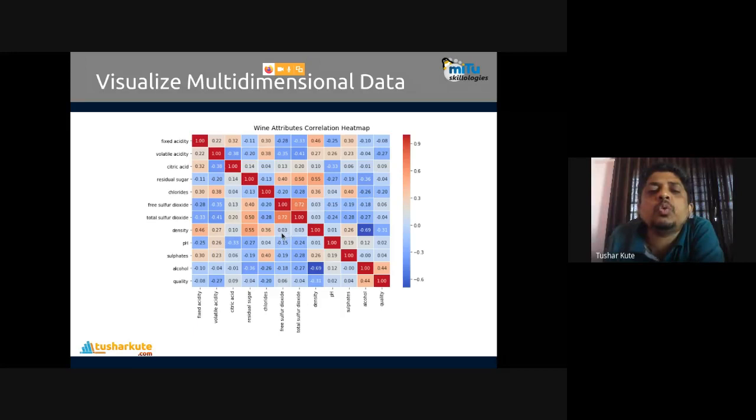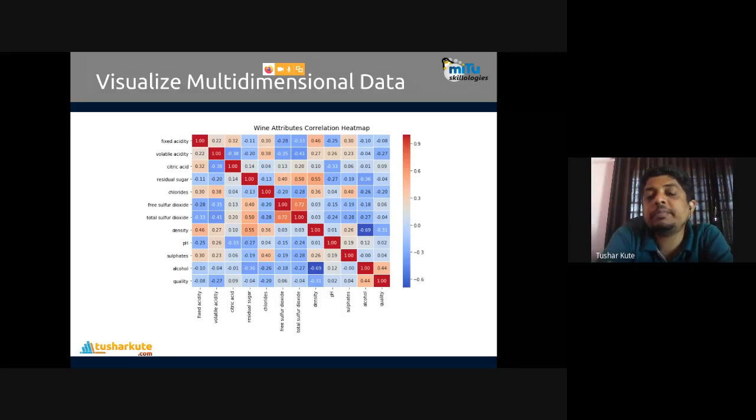Okay, and we have very low intensity here. Let's say for example this one, 30. Chloride versus fixed acidity is 30%, or this is the lowest: pH against quality, 0.02% only. Very low values are there in the qualities that we can see.